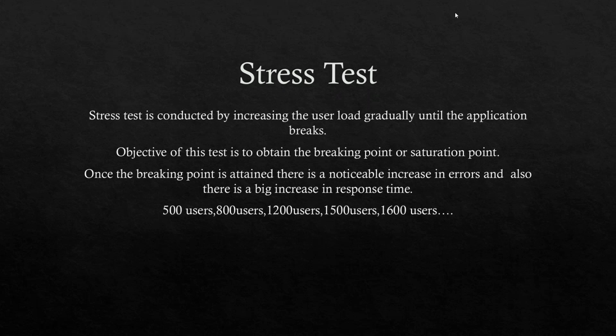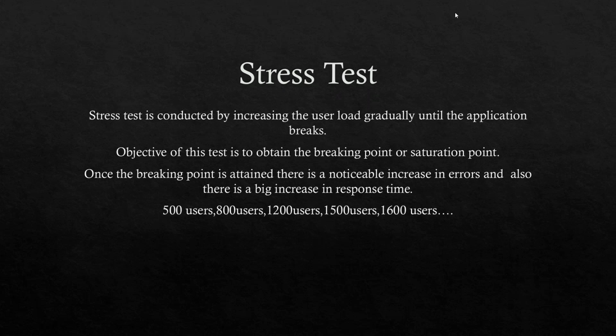The max he could serve the food is for 11 tables only. He could not do beyond that. Now the restaurant owner knows that one server can handle only 11 tables at any point of time. Now he understood that. It's the same way in the performance testing stress test.